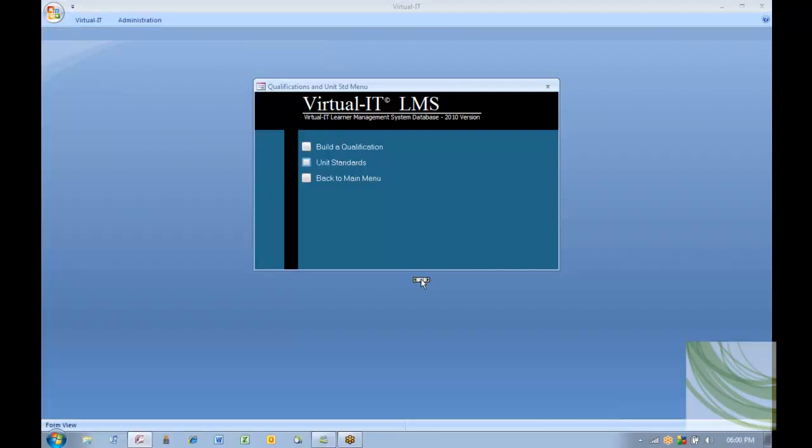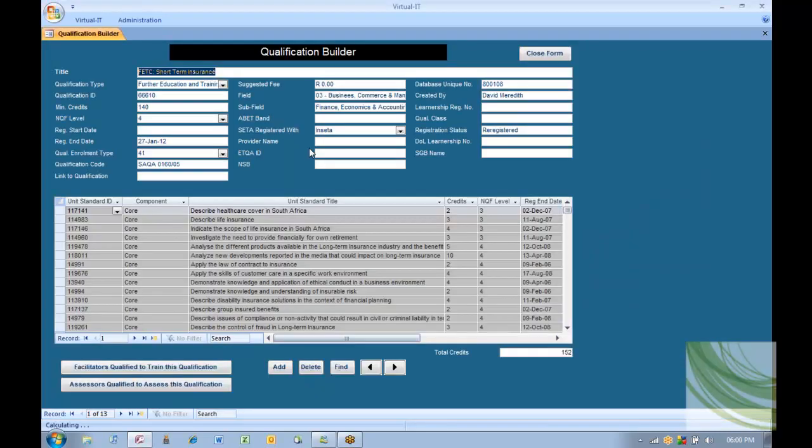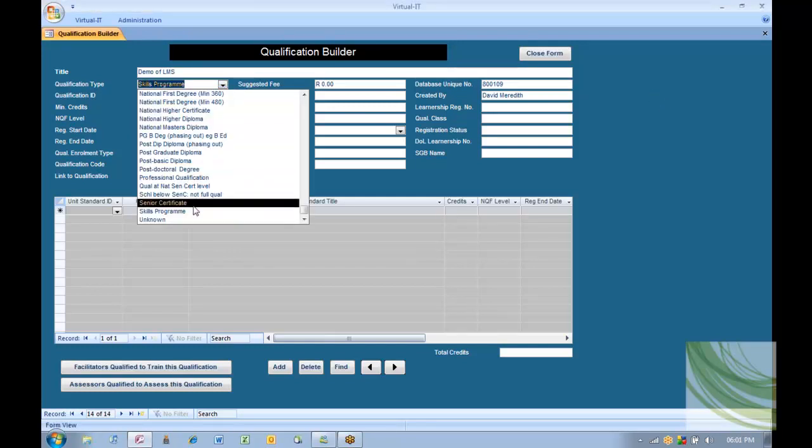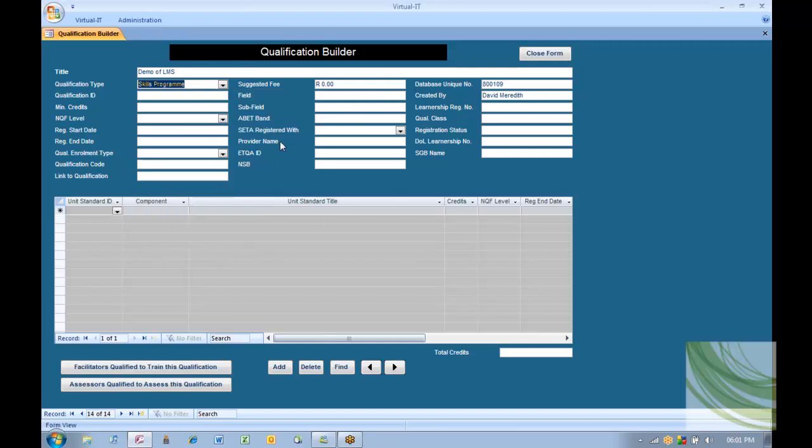Now, once you have that information to hand, you can go to build a qualification. Here we add, and I'll just put in demo of LMS. You capture the information, put in the type of qualification it is, and capture the information that SACWell have on their qualification template or qualification list on their website. If you've got a suggested fee, you can put that in to save time later. Because the unit standards are already in the database, you can start typing in the number, and I'm just going to type any old numbers in here, find it, click and drop,